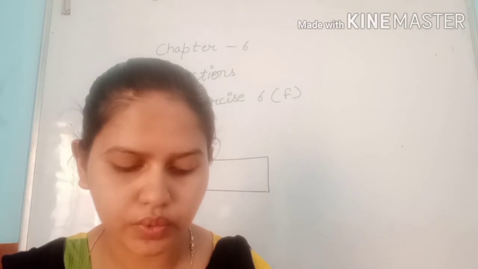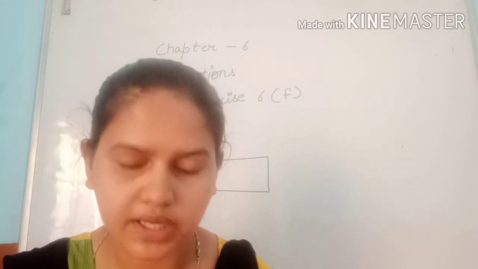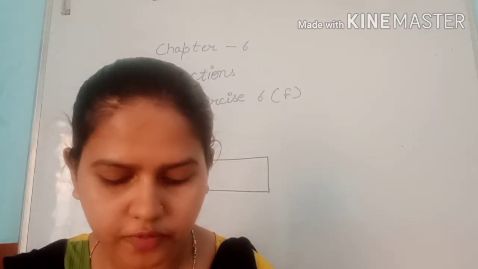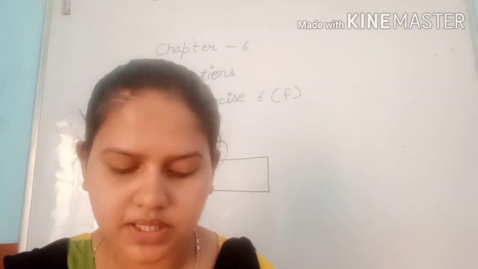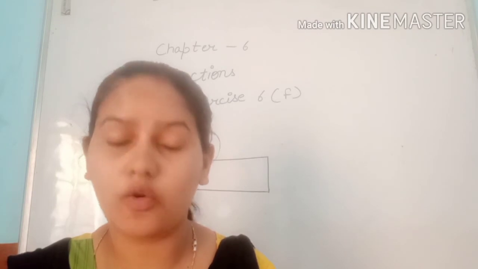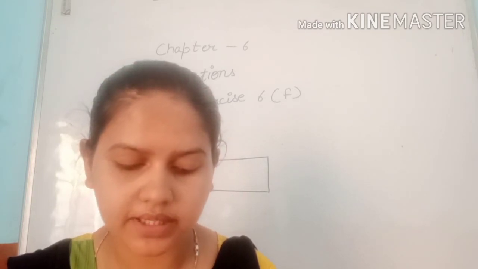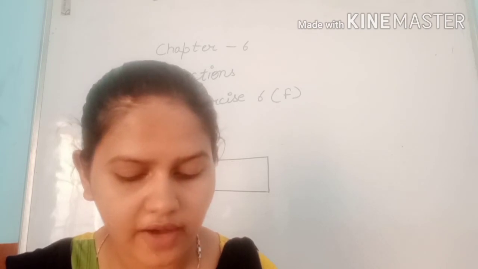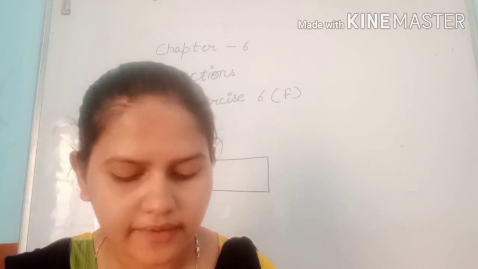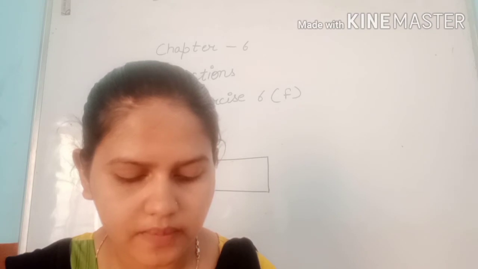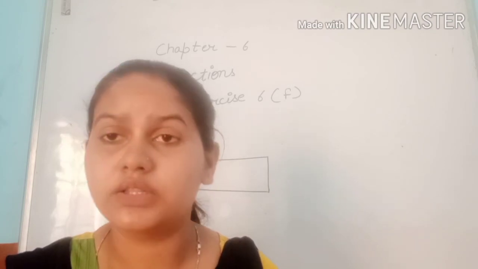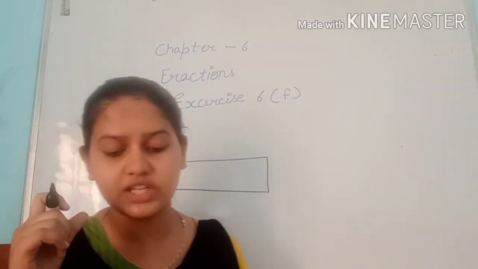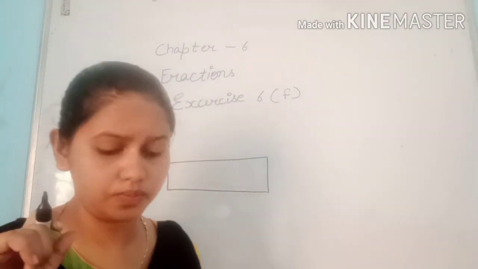Third one is 1, 2, 3, 4, 5, 6, 7, 8. This one is also more than 6. 1, 2, 3, 4, 5, 6. Here is the one circle. You can see over the 3, 6 under the 3 by 6, and we have to follow that. 4 are left. Okay. This one we have to do like this. Now, if we have addition like fractions, we are going to do it.